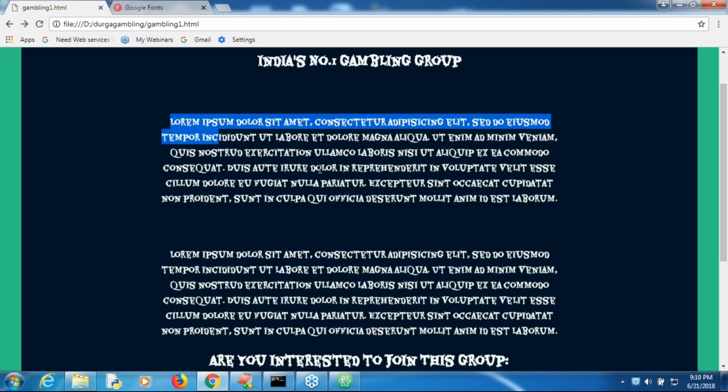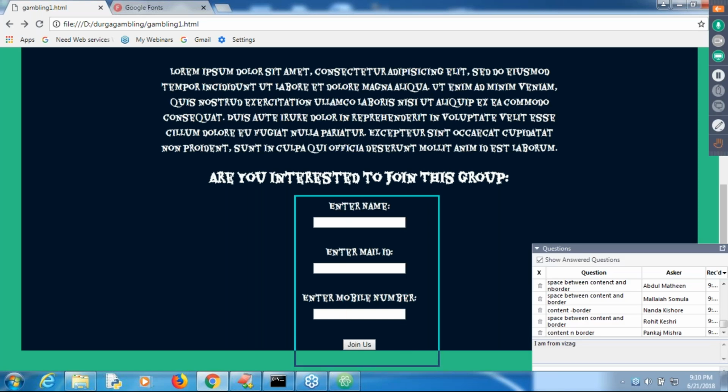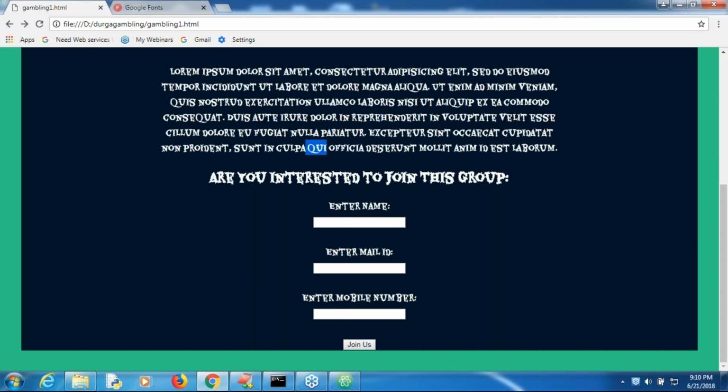Next, let me go to these forms, sir. What is this one? Can you spell it out? A form like this, right? Let me go to the form. Under this size, both are the same: enter name, enter mail ID, enter mobile number. This size and this size are the same. Usually a form should be highlighted, so it is better to take this size as